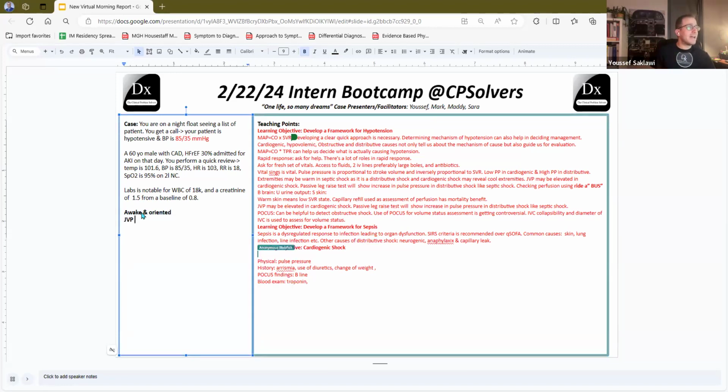On pulmonary exam, they had decreased breath sounds in the left lower lobe. The abdomen was soft and non-tender. The extremities were warm to touch. On point of care ultrasound, the IVC was less than 2 centimeters and collapsible. And on lung POCUS, we saw B lines only in the left lower lobe, and there were no cardiac or